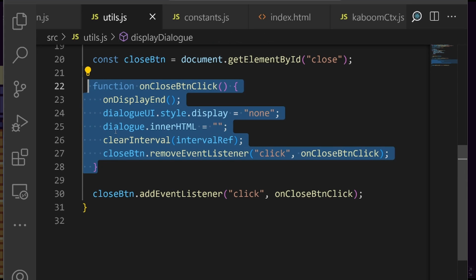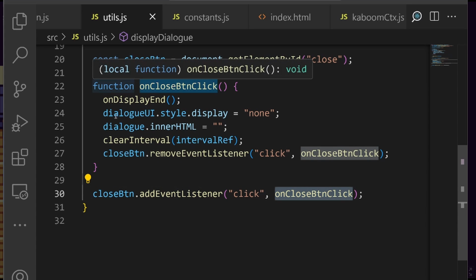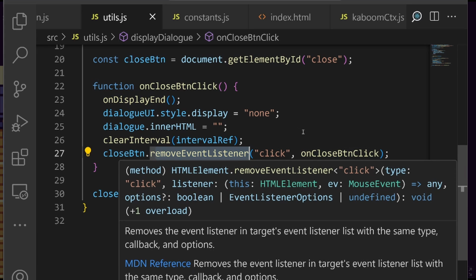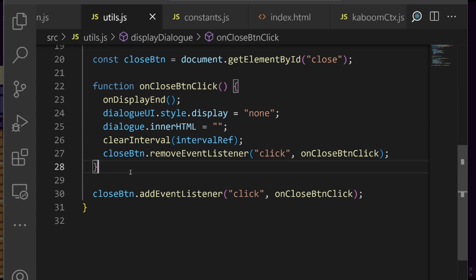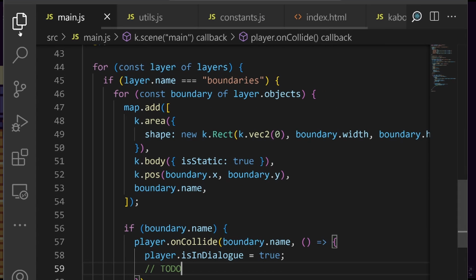Okay, so we remove the function itself within the function. So it's recursive. So at the end, we create the event listener when there is a click, and then it runs this, and then it removes itself as the event listener. So that's it. Now if we go back to main.js,